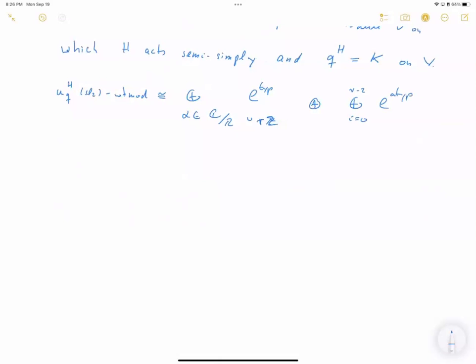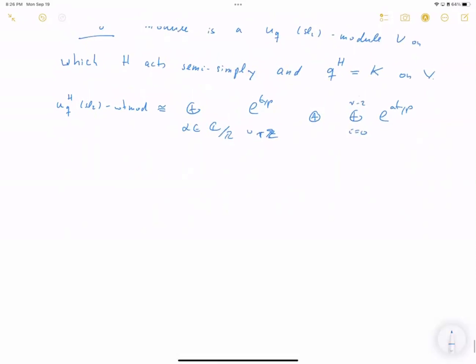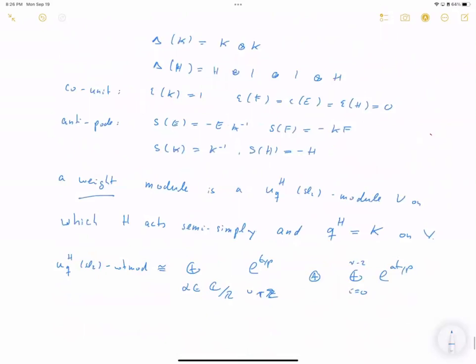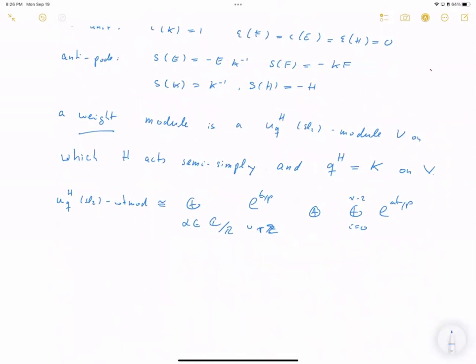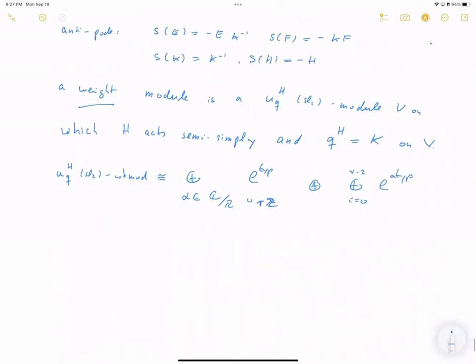So this means in this example, one observes that while the categories of weight modules of SL2 and of the affine VOA at admissible level are not equivalent as abelian categories, they are blockwise equivalent in the sense that both of them admit only two types of blocks, the trivial block, the typical block, and this atypical block, and those only appear. Now, we strongly believe that this is not a coincidence, but that in general it should hold that the category of weight modules of an affine vertex algebra at admissible level